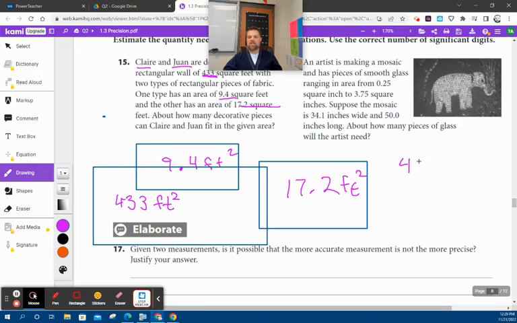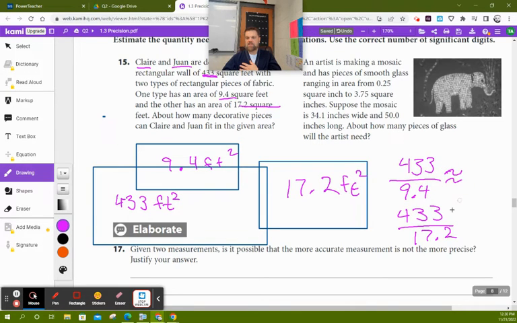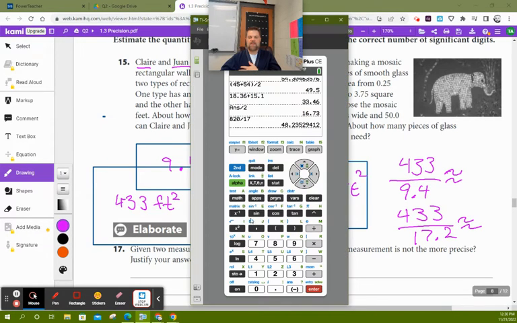We're going to say 433 divided by 9.4, and we're going to say 433 divided by 17.2. So let's just plug these in our calculators, and we'll get some approximations. The first one I'm going to do is 433 divided by 9.4, I get 46, right? If I say 433 divided by